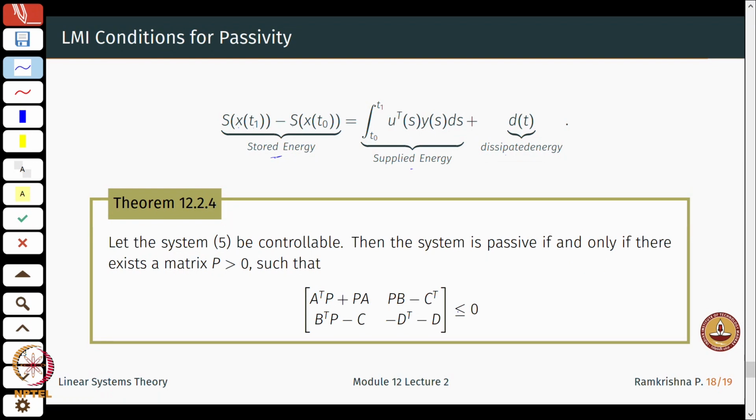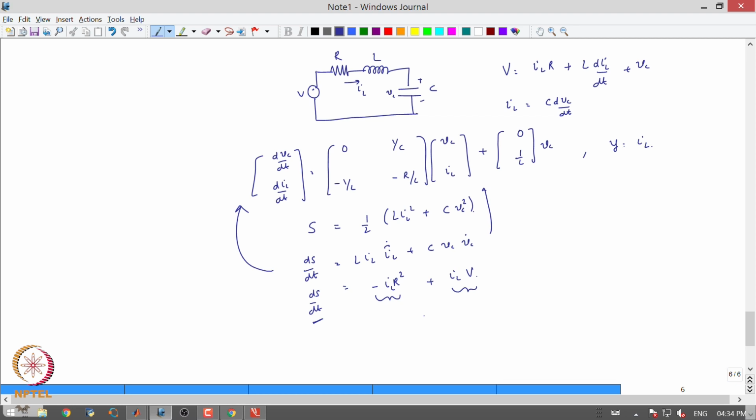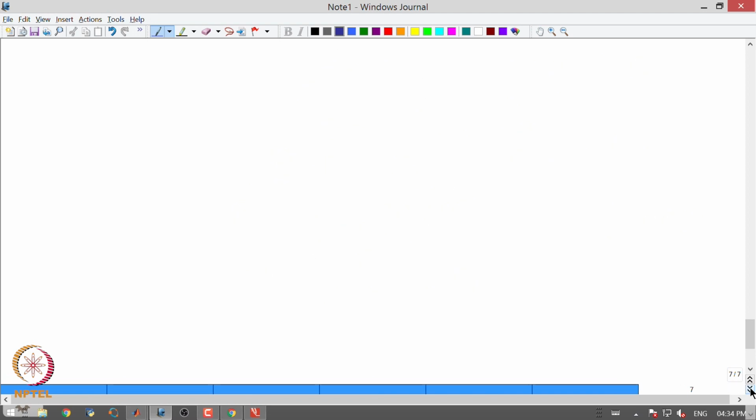Okay, so look at this a little carefully. How do we derive this condition? Starting from here, what I am looking at is S dot minus the supply u comma y is less than or equal to 0. So let us start from this. I have x dot is Ax plus Bu, y is Cx plus Du. My storage function S of x